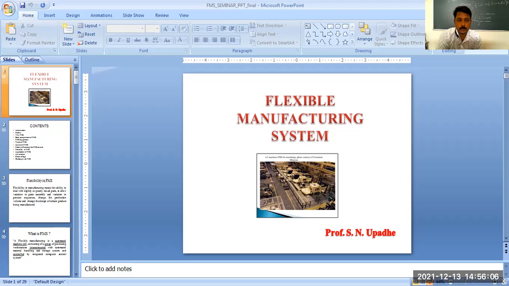We will see some history, then why we should use FMS, basic components of FMS, various FMS equipment, types of FMS, different types of layouts of FMS, some factors that influence the FMS layout, then flexibility in the flexible manufacturing system, applications of FMS, advantages, disadvantages, and finally the challenges while applying or utilizing FMS in industry.